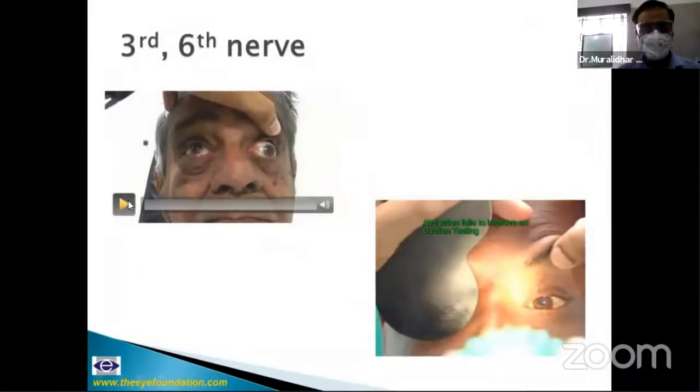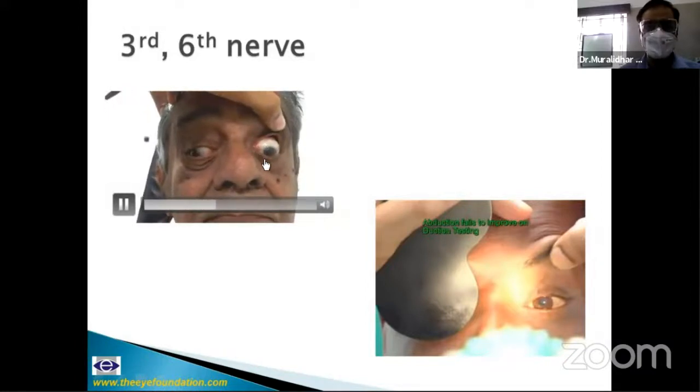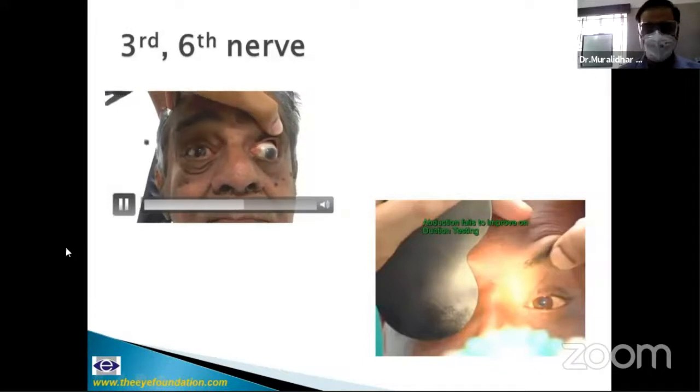Yeah. So now we go to the nerve palsy evaluation. Dr. Rohit has covered part of it. Third nerve palsy, I just want to emphasize one thing. We need to tell them to identify intorsion of the globe, from where the fourth nerve is also involved in a third nerve palsy.